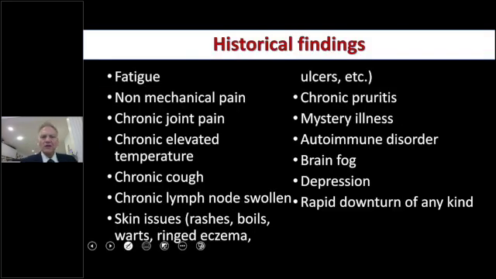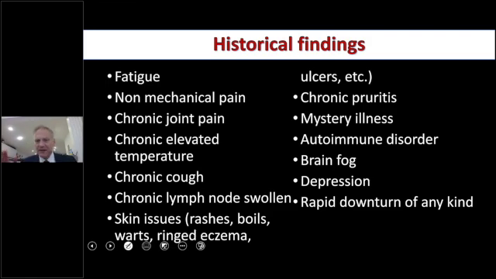All right, so historical findings. This is really important. When you go through and identify infections or anything, you always want to think in patterns. What do I mean by patterns? Well, first we start off with a history. We look at the history, and that includes that first part, observation when they first come in, and what they fill out on their forms, and the questions you ask them based upon what they filled out. So you're going to look at these parameters and see if some kind of pattern starts to